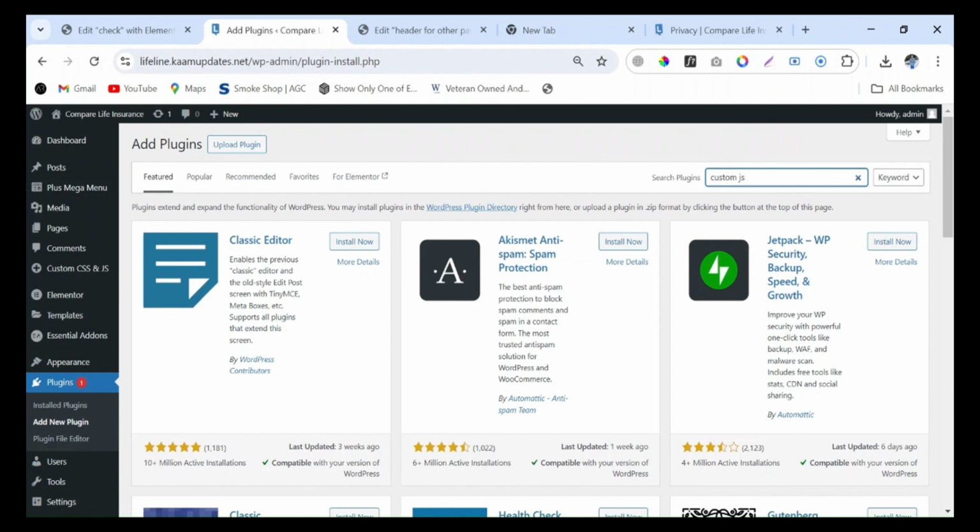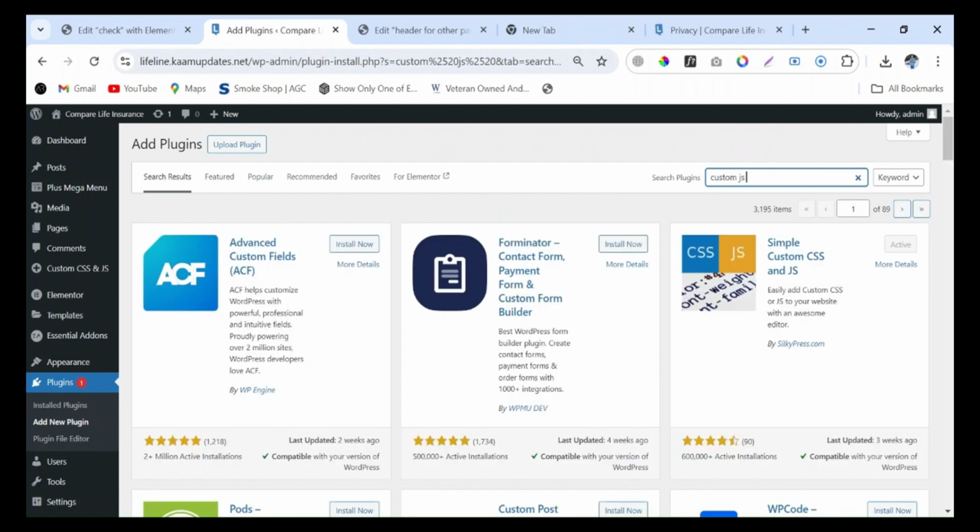You will find this plugin, Simple Custom CSS and JS. Because I already installed this, it is in active mode. You can install it and then activate, and you will see the plugin in the backend.